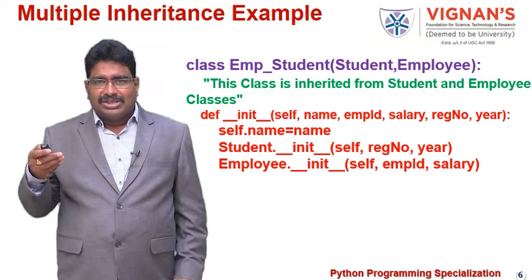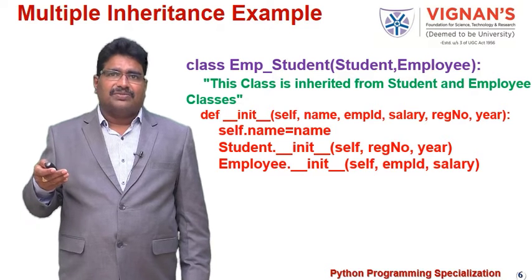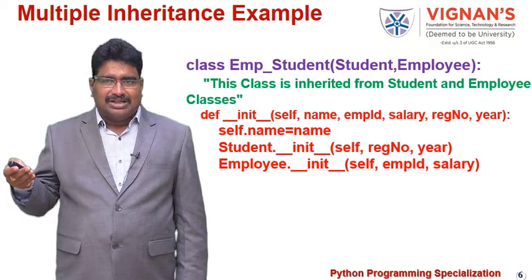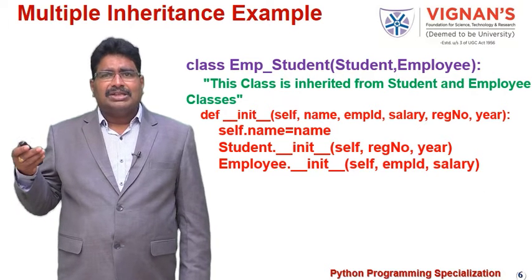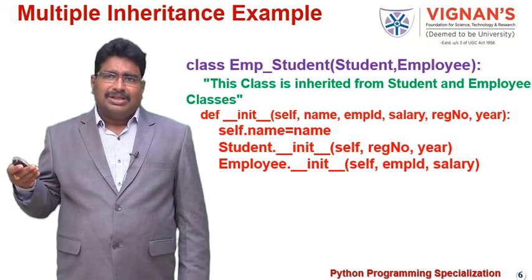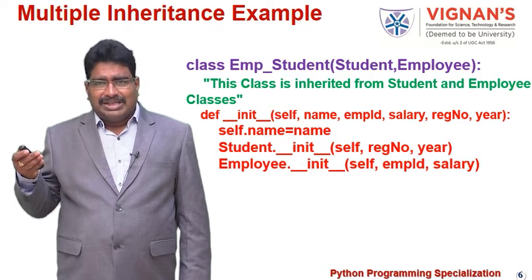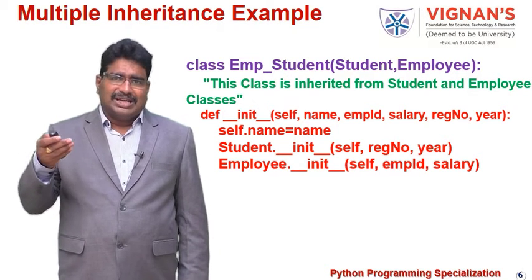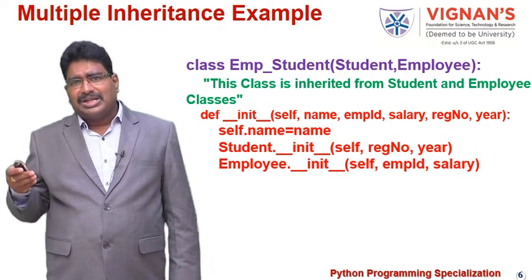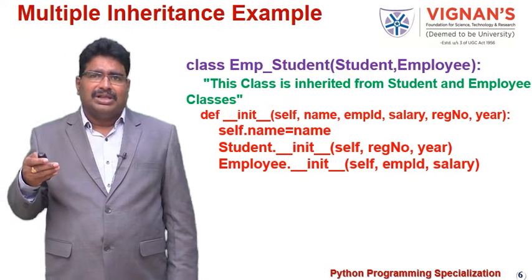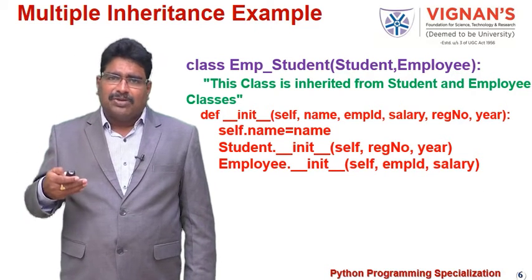Here we are using the init to define the constructor of the EMP student class, and it takes the parameters name, employee ID, salary, register number and year. So already we know that register number and year are the attributes inherited from the student, and the employee ID and salary are the attributes inherited from the employee, and the name is the newly added attribute in the